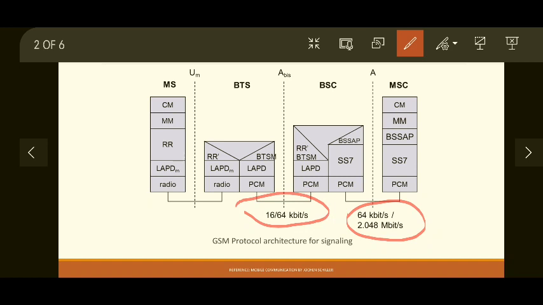For example, at the mobile station, the physical layer involves a wireless connection, so no physical medium. But at the MSC, we can have high data transfer rate cables for communication between MSC and BSC, so it supports a higher data rate. Okay, so let's see the functions of each layer one by one.